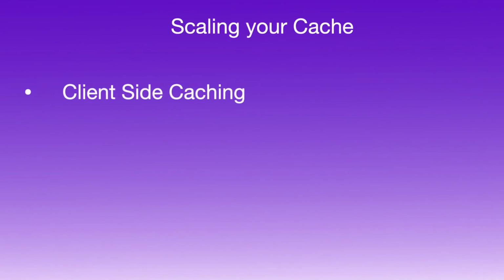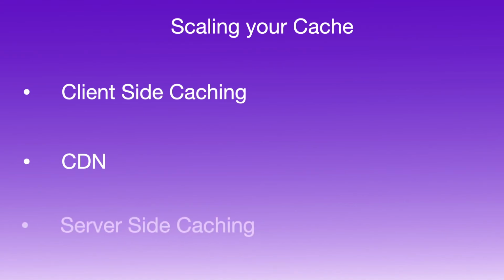Now let's have a look at how we can scale our caching system. First we have client side caching. We cannot scale such a type of cache because we do not have control over the memory available to the client. So the client side caching cannot be scaled. The other thing is the CDN, or Content Delivery Network. CDN stores data across distributed nodes, and generally we do not come across scaling issues with the CDN. Now the third point is the server side caching.